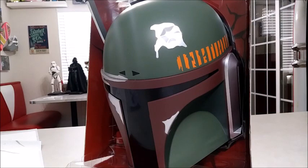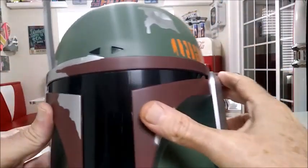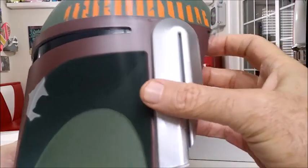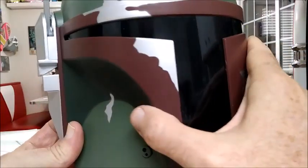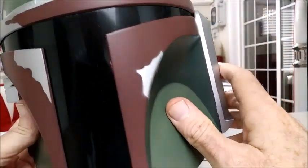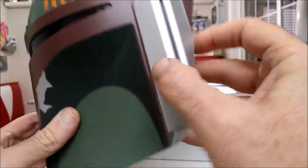Now as far as this one goes, I think it's probably the best one out of the other two, which are the Stormtrooper and the Darth Vader helmet. This one looks more, I believe, like Fett's helmet. I mean, the painting applications aren't that great, but this is really just meant to be probably in a child's room. And this is going in my room, so I'm probably just a big child, but we're going to do some